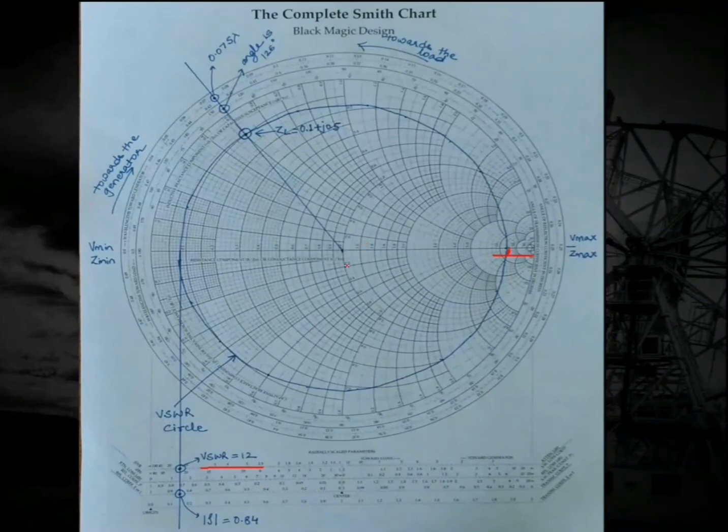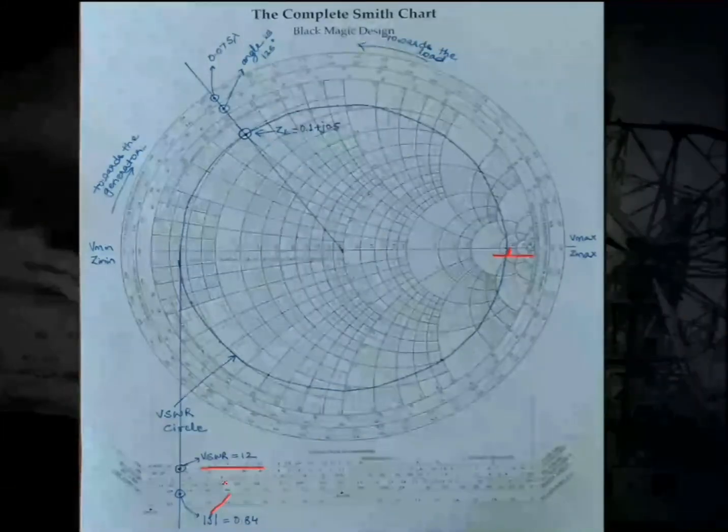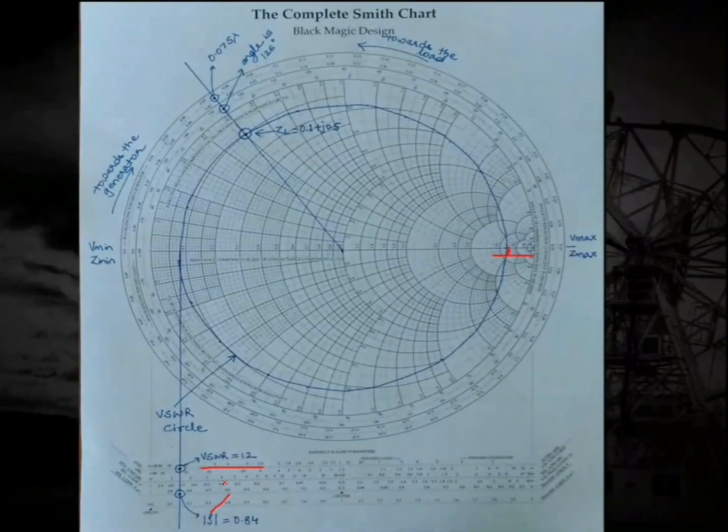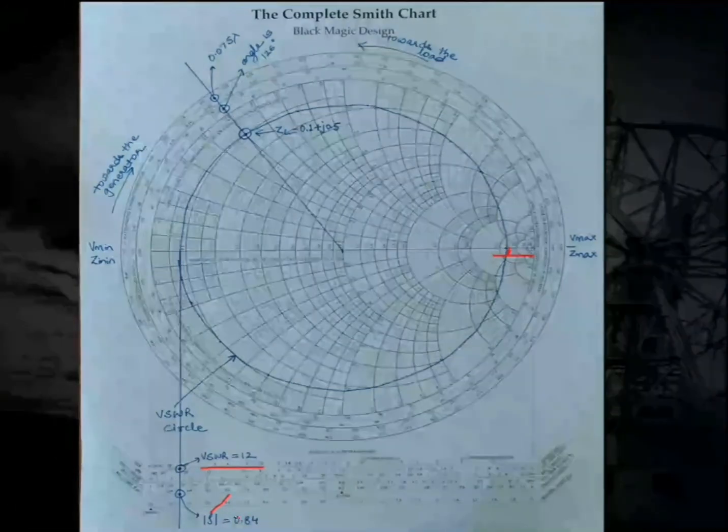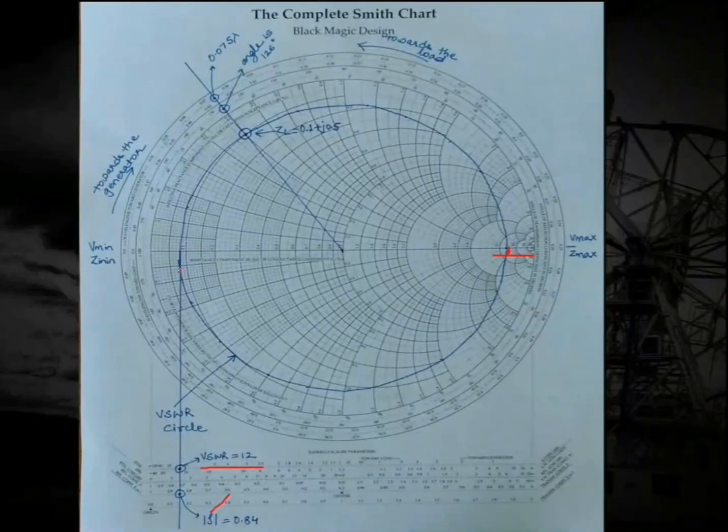Now, next is to find the value of the reflection coefficient. Again, if you look at this, there is one more scale of reflection coefficient, but this scale is giving us the magnitude of the reflection coefficient, that is only the value of rho, and we know that the reflection coefficient is equal to rho e raised to power j theta. So we can find the value of rho over here. It is 0.84 in this example,